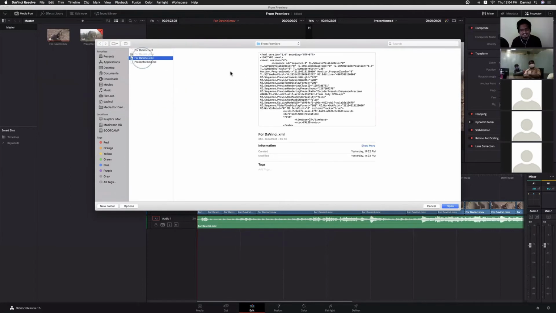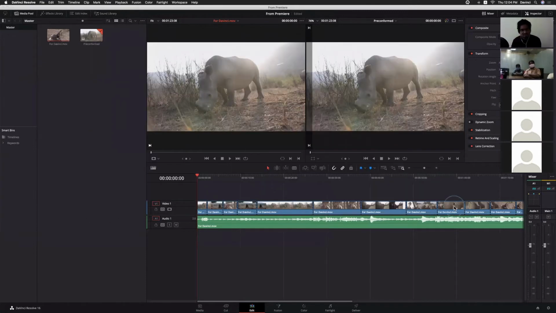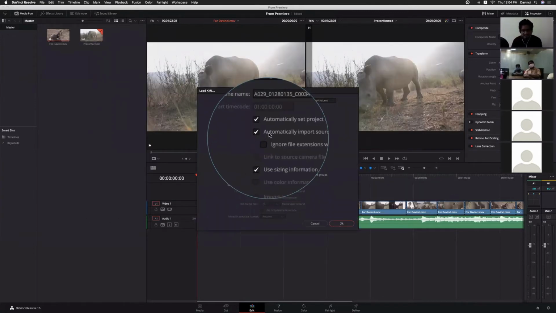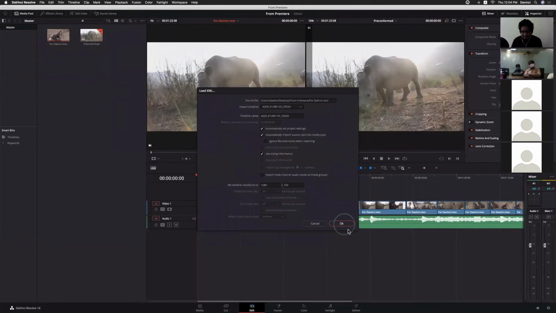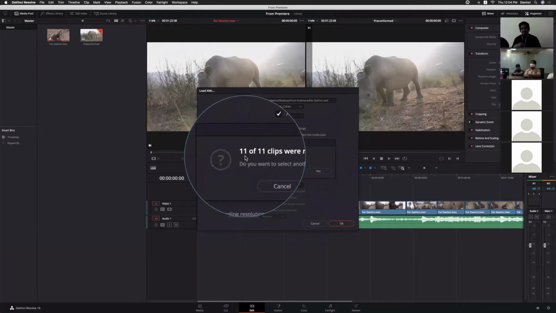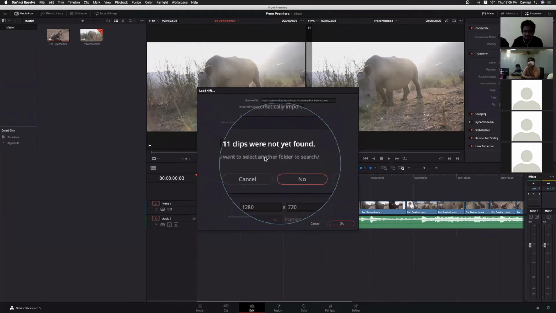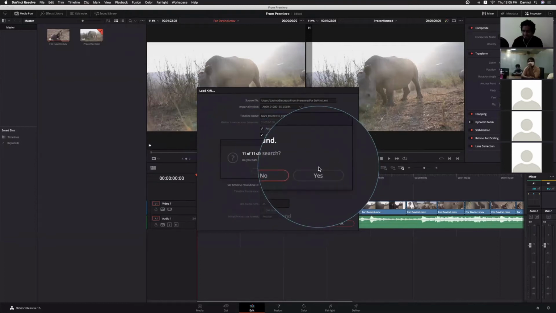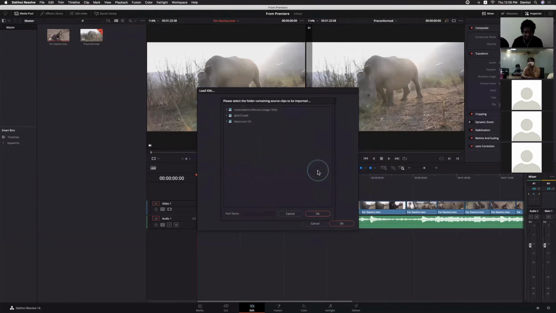When you select XML, it's the same thing as in the previous case, but when you click OK, sometimes it will automatically try to search for those clips. If not, we need to do it manually. Okay, click yes.